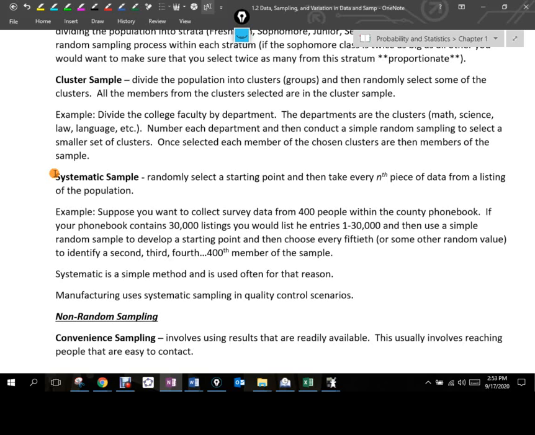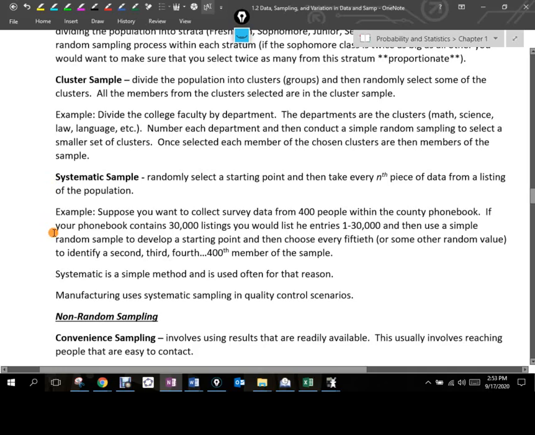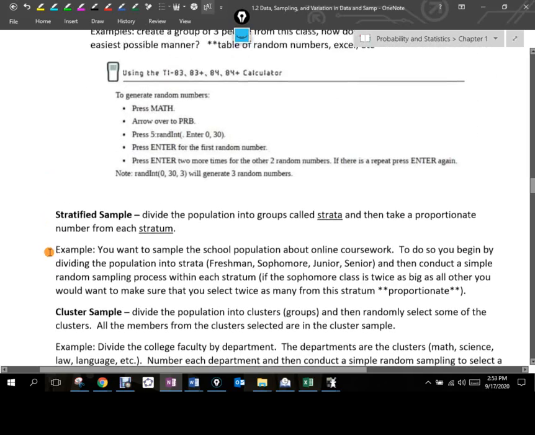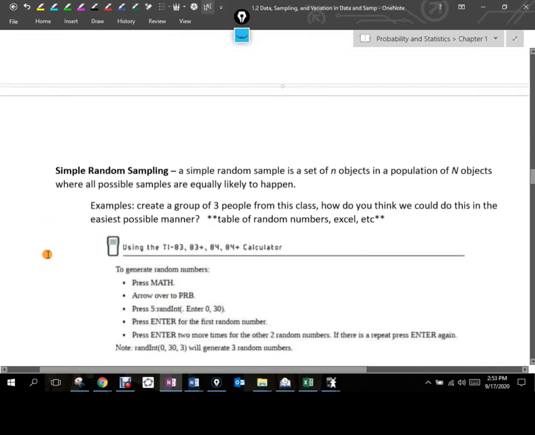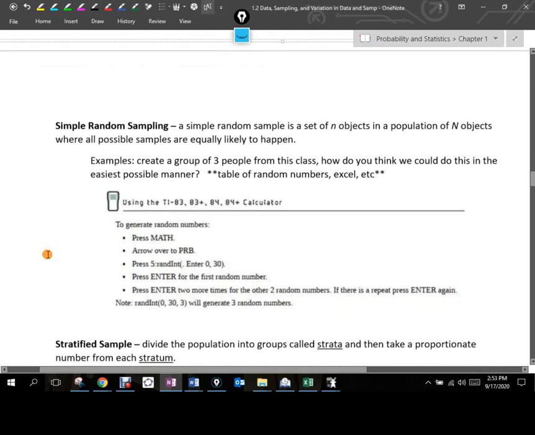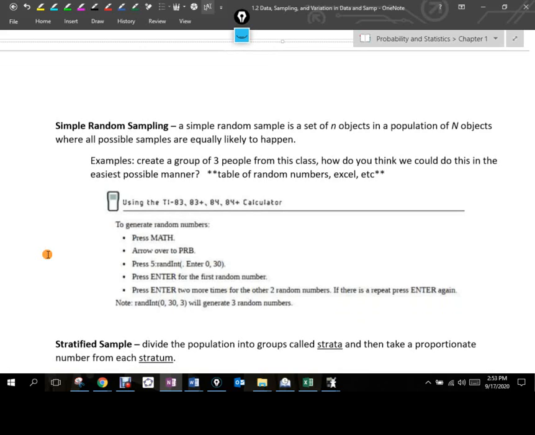Stop there. Tomorrow on your quiz, the furthest we get with vocabulary is down to simple random sampling. So non-random sampling, what that is, and simple random sampling, those end up being there, but nothing below that on these notes shows up on the quiz. Okay? The quiz shouldn't take you the whole period. I'm trying to judge time on quizzes and such, so I will give you the whole period and see where we're at, and it'll allow me to make judgments about the next one I have.